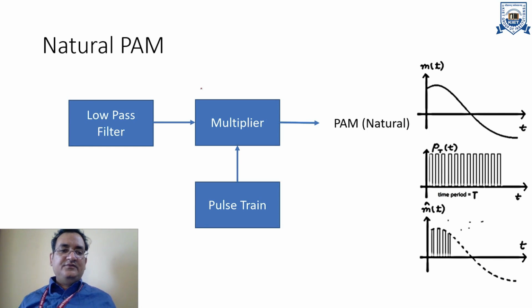Block diagrammatically, we can also define the previous diagram. We can see that low pass filtering is basically called an anti-aliasing filter. Actually, what will happen when we apply a message signal to a low pass filter or directly to the multiplier? Actually we are doing low pass sampling. If there are some frequency contents which are comparatively higher, or multiple frequency contents, then we have to remove those frequency contents before any processing.